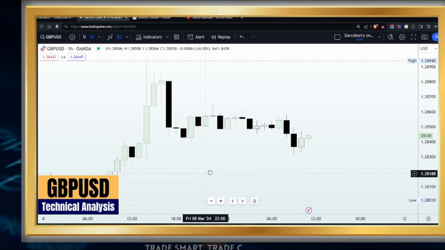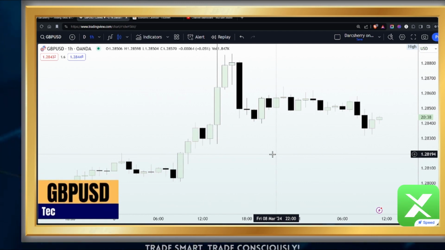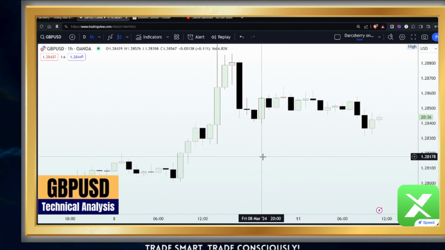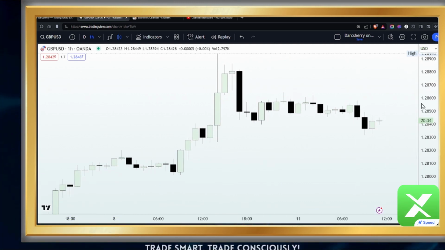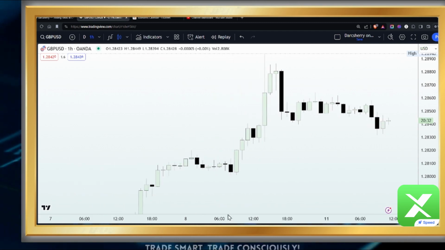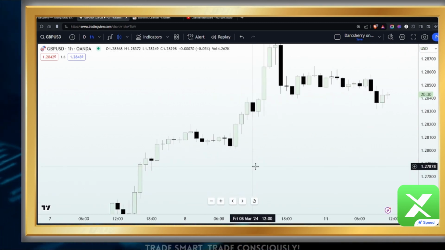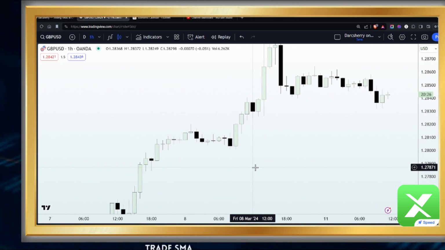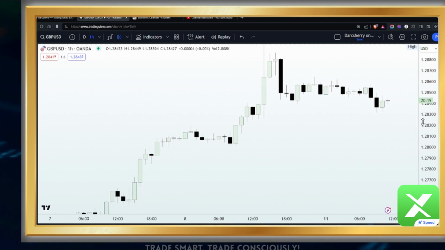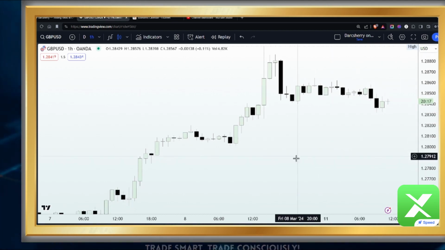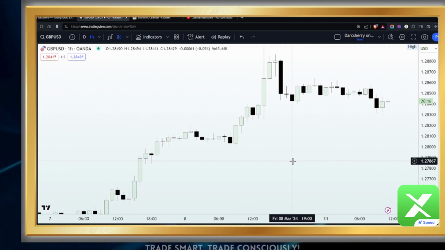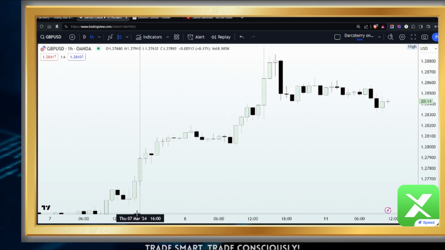Is going to be the GBPUSD. And remember, for those of you who were with us throughout last week, we were buying this asset, and I did emphasize that we will not be considering selling at all, even if any bearish momentum comes in, as we will consider that momentum as a retracement of that bullish move. And of course, we did enjoy multiple buy entries on this asset, and once again, congratulations to everyone who capitalized